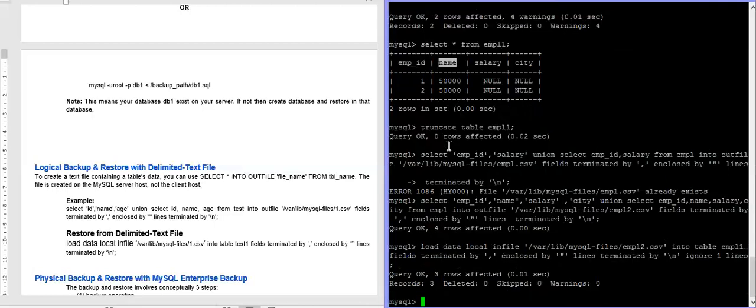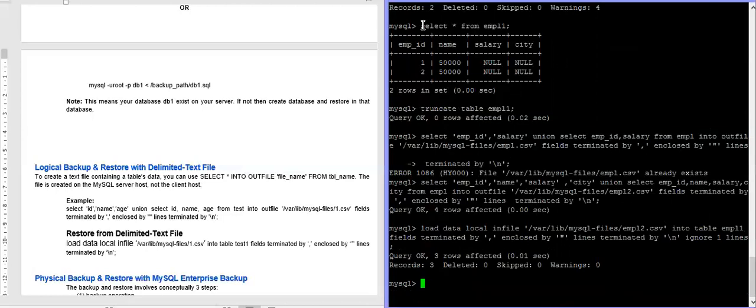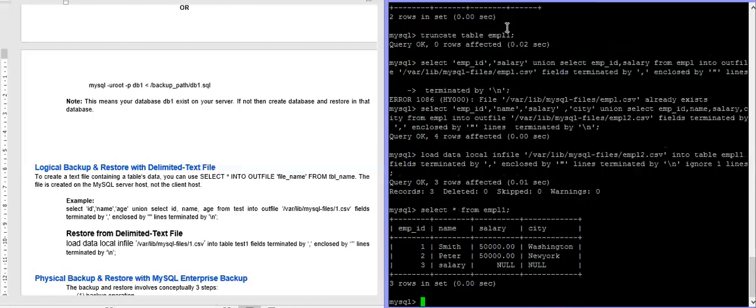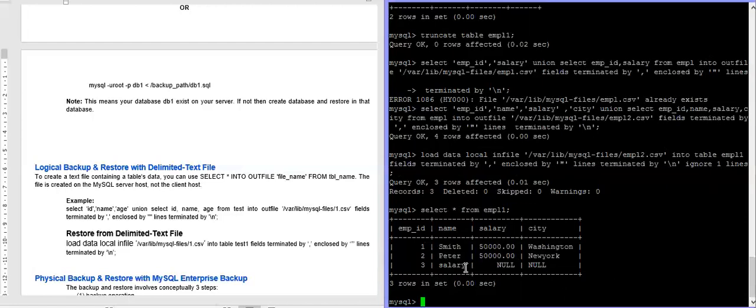Now see empl1. Now you can see the values are good, but we'll have to see why this salary heading has come.